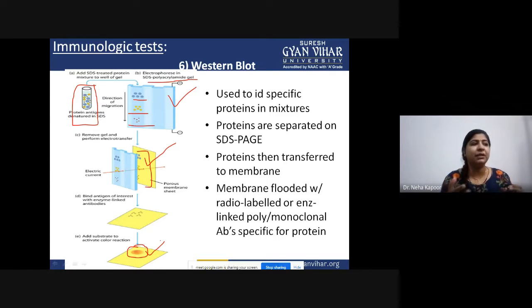However, we use these tests normally. For example, in case of ELISA, we use the ELISA test for the diagnosis of dengue and typhoid. We are using these tests routinely in our immunological based laboratories and biochemistry based laboratories, so as to infer whether the infection is there or not. For example, for HIV detection also, we go for the ELISA test.